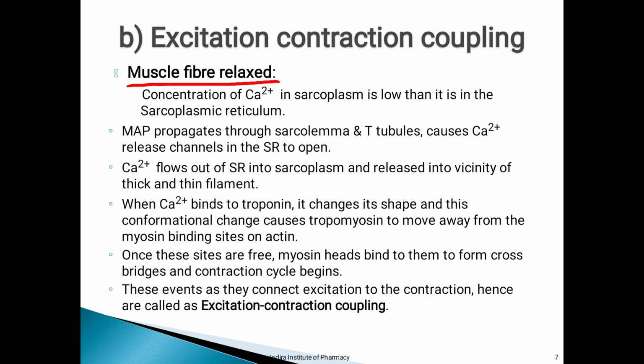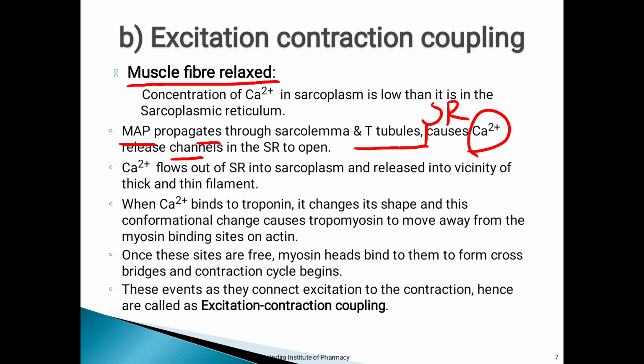We'll see subsequently in the diagram how it happens. The muscle action potential propagates through the sarcolemma and then through the T tubules, and then it will reach the sarcoplasmic reticulum, which causes the calcium release